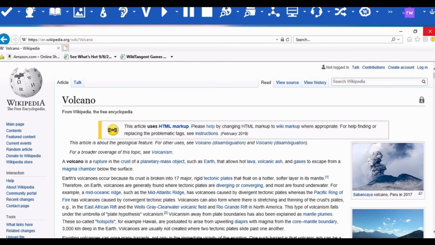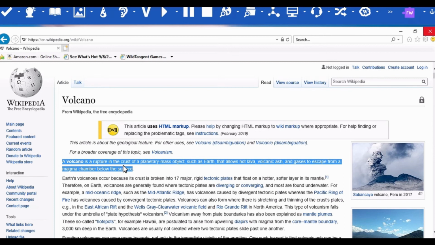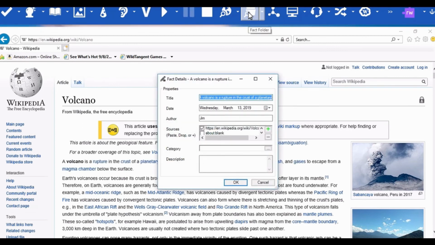So as we're researching volcanoes, we can actually highlight and save that information in our fact folder. And that also is very easy. Just highlight the information you want and click the fact folder. The pop-up appears, and you can see that that whole sentence is my title here. So maybe I'll change that to say volcano